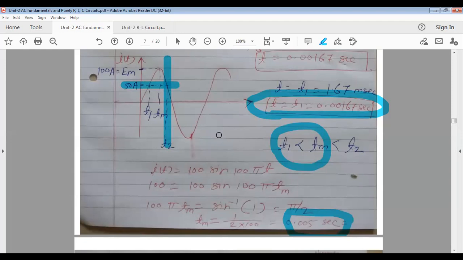Yes, ma'am. We will add pi by 2 upon omega to the original time. Why pi by 2 upon omega? Ma'am, because the phase difference between the first T1 and T2 is pi by 2, so we'll add that much time to the original T1. What did you say? For 50 ampere, the phase difference between the first T1 and T2 is pi by 2. Right. Correct. That is one option. Okay. What else? Another option.